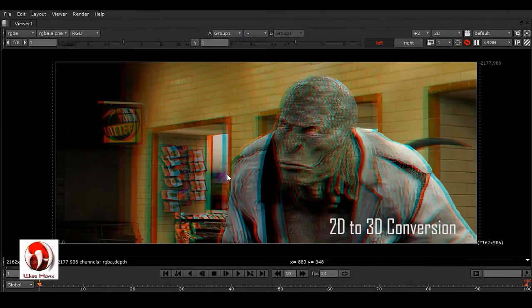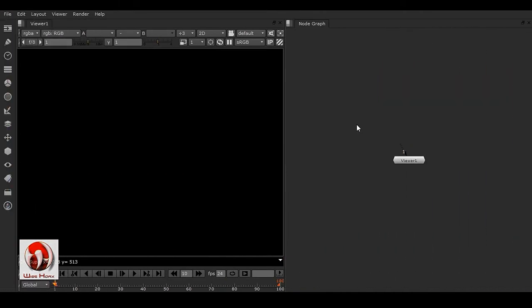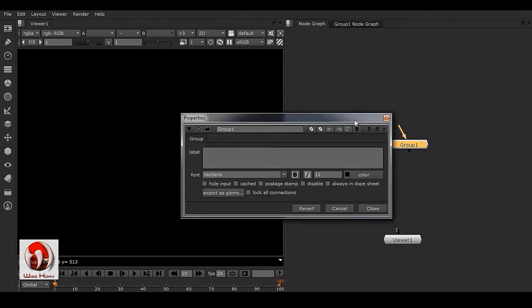Hello guys, today I'll show you some of my rendering: how to make a 2D image into a 3D image. To do so, you have to create a Gizmo. It's very easy to do. Press Ctrl G to make an empty group,